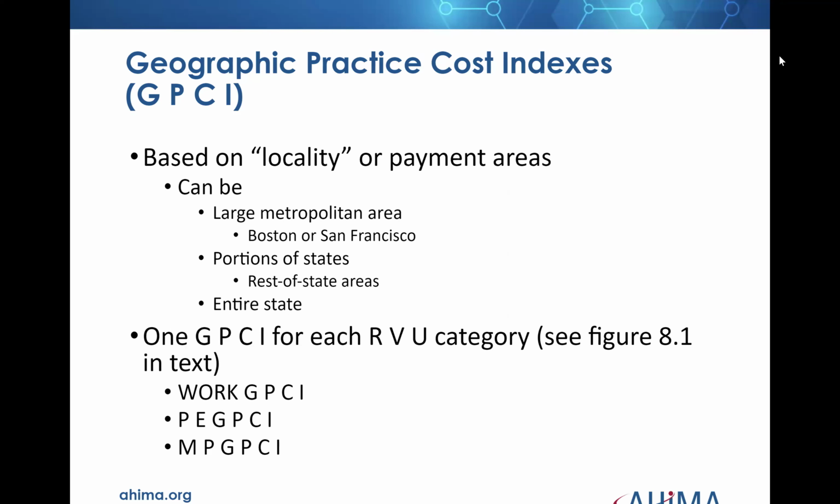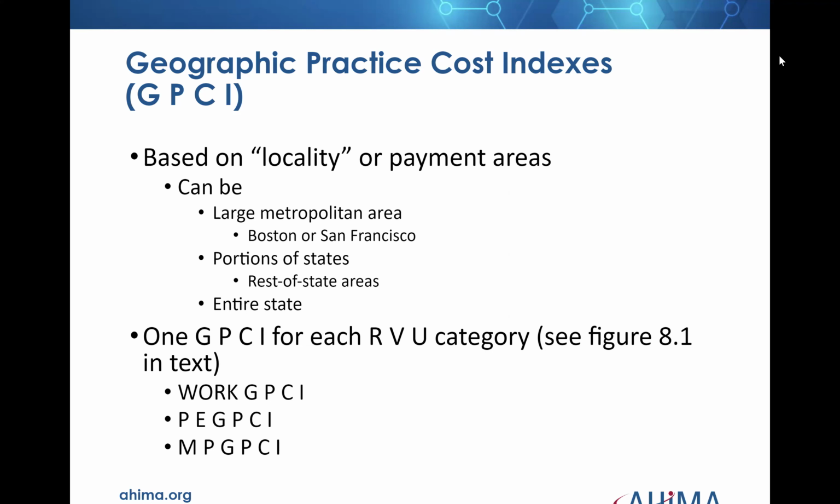We talked a little bit about the Geographic Practice Cost Index, and this is based on the locality. It's relatively easy to look these up on the CMS website. And this covers everywhere in the United States, right? It can be a large metropolitan area like San Francisco, Los Angeles, Boston, as it says here, or it could